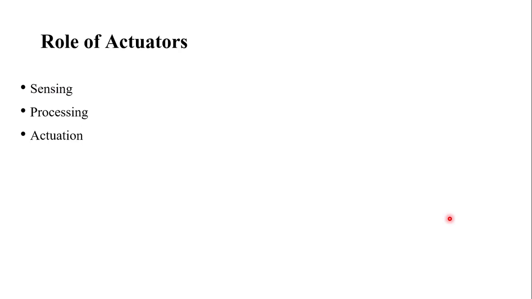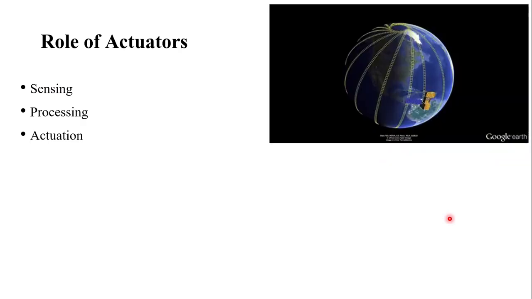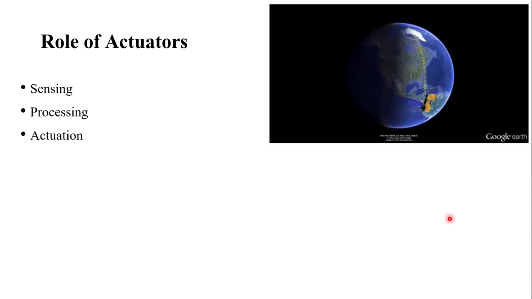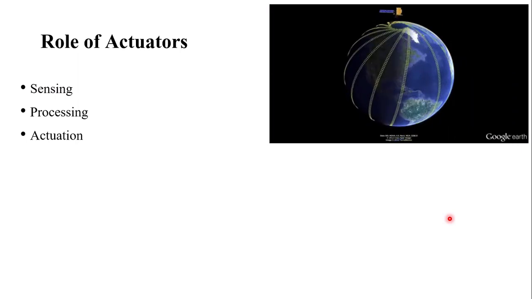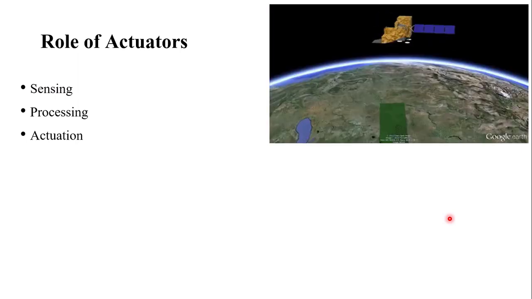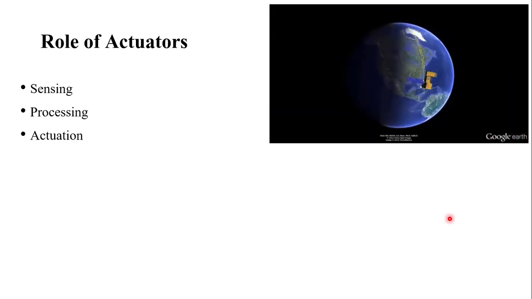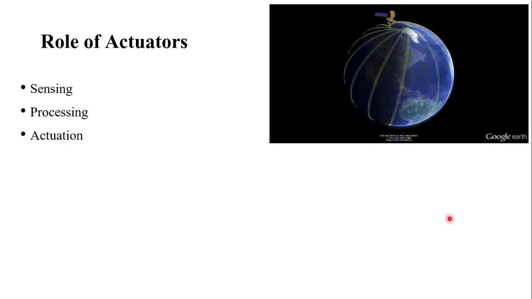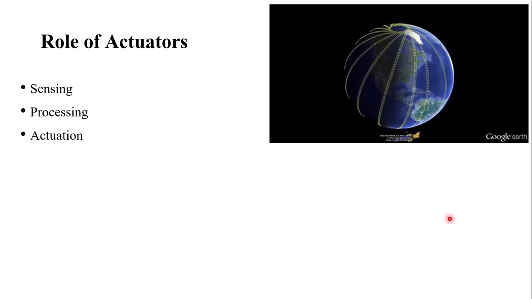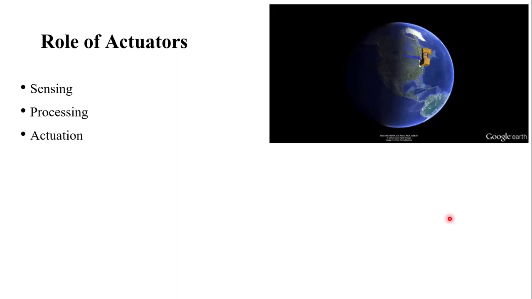Role of actuator has three basic roles. The sensing. Inside it, as I told you, firstly it senses, then processes, then actuates. So sensing is due to any remote sensor, or you can say the touch sensors. There are a variety of sensors available in the CNC machine. According to the property of the sensor, it will take the data. Sensing means to collect the data. As you can see, this satellite is collecting the data of Earth, agricultural fields, or maybe weather conditions. So sensing is just to collect the data.